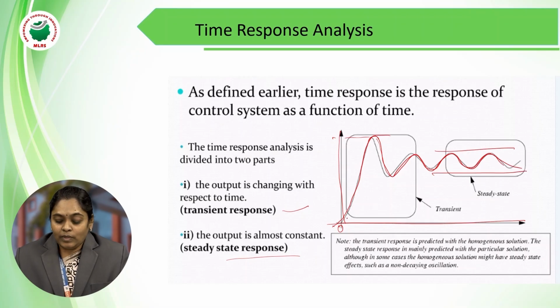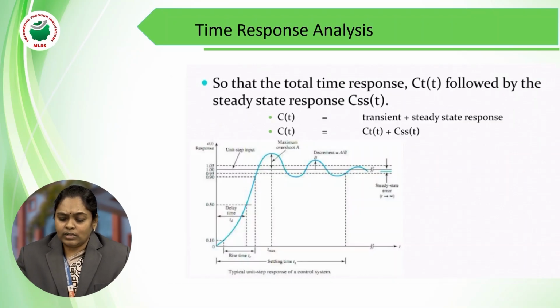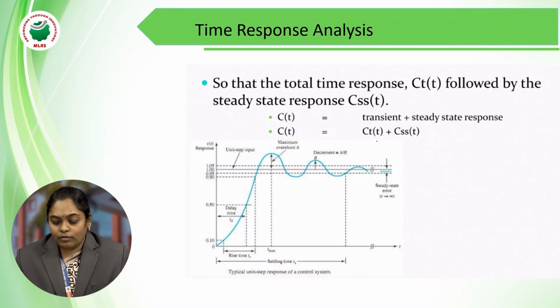So how much time the output takes to change from 0 value to the final value, and after reaching the final value still it is oscillating, this particular response is called a transient response. And wherever the output is constant, that response is called a steady state response. So in general, the time response analysis can be represented as c(t) = c_t(t) + c_ss(t). This c_t(t) is nothing but the transient response,